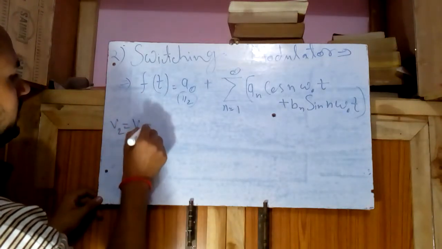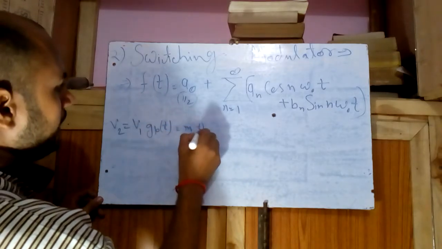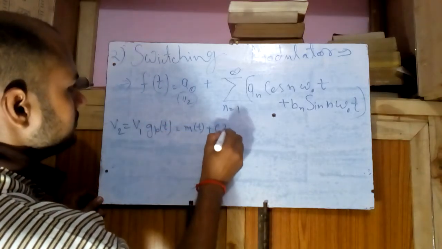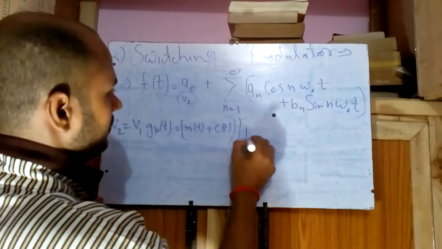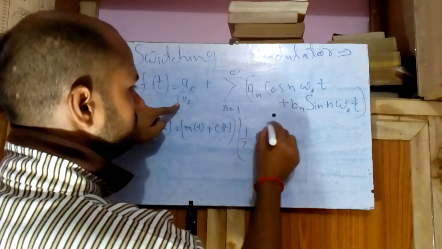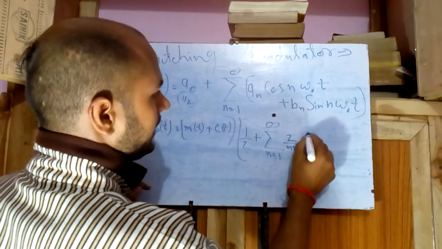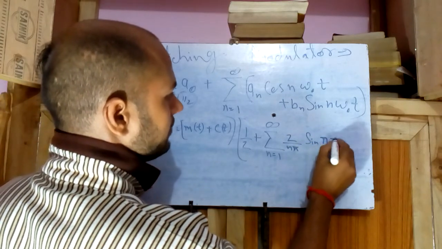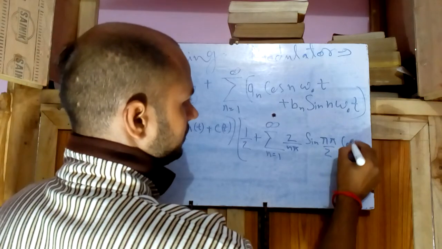V2 is equal to V1 into GPT. V1 is MT plus CT, right? And GPT is 1 by 2 plus summation n is equal to 1 to infinity. An is 2 by n pi sin n pi by 2, an cos n omega naught t, and